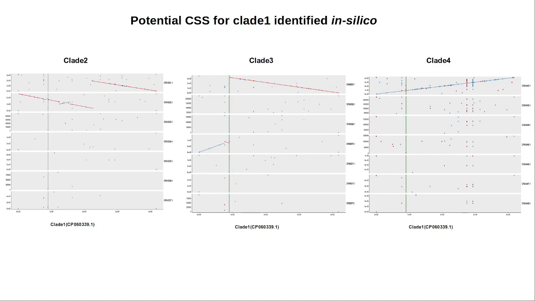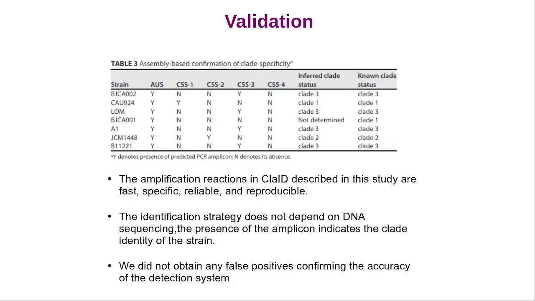The candidate clade-specific sequence here is a contiguous stretch of sequence only in the reference clade, that is the clade from which it has been taken, and elsewhere, that is in the rest of the clades, it doesn't show as a contiguous stretch, rather as breakpoints near an insertion or a translocation or such breakpoints. Thus, we would like to conclude that Clade is fast, reproducible, and specific.